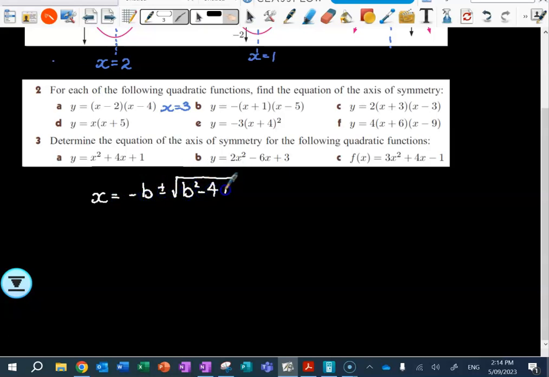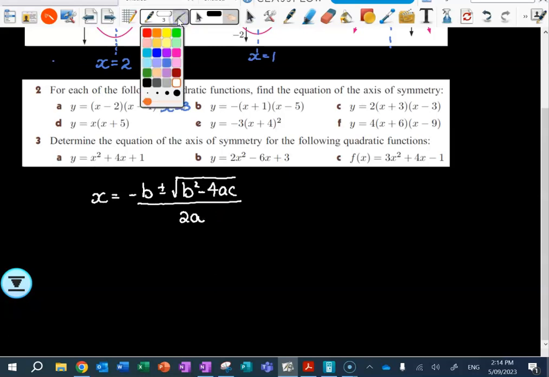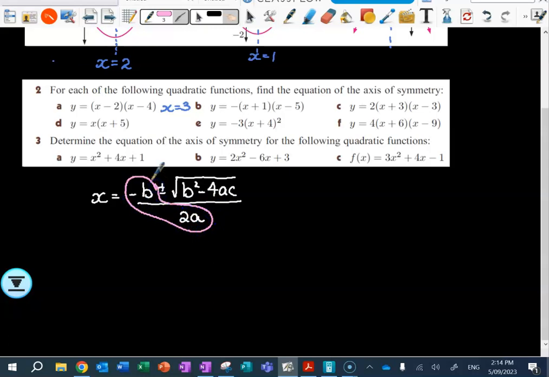Your friend and mine, the quadratic equation. Eyes this way, please. Your vertex and your axis of symmetry will actually be this bit here. Because if you think about it, your one x-intercept is minus b over 2a plus square root over 2a. And then your other x-intercept is minus b over 2a take square root over 2a. So the thing that remains constant in the middle, right, your axis of symmetry, so this,